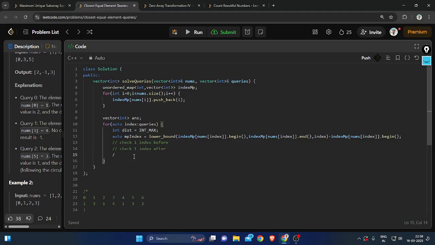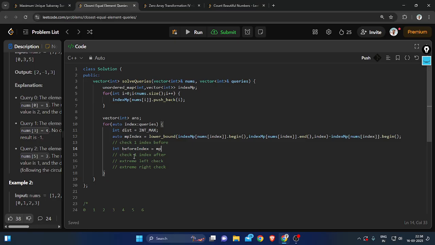By check I mean minimize the distance, and then the next two cases will be extreme cases: extreme left check and lastly extreme right check. Alright, so let's get the before index,